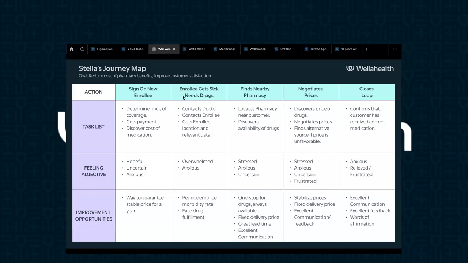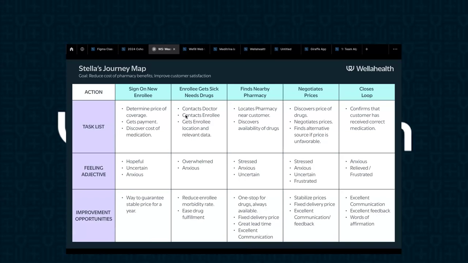Now, the next action is that he really gets sick and needs drugs, right? So Stella contacts their doctor, and then contacts the enrollee, and then gets the enrollee's location and relevant data, right? Now, is there any way we can help improve this? Is there any way we can help, for instance, remove the need for Stella to even contact the enrollee? Well, guess what? We